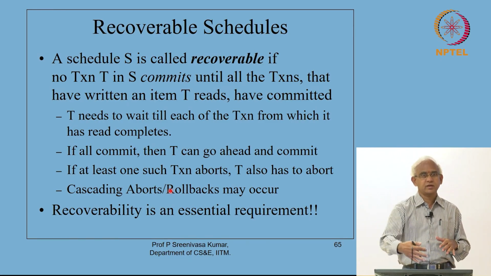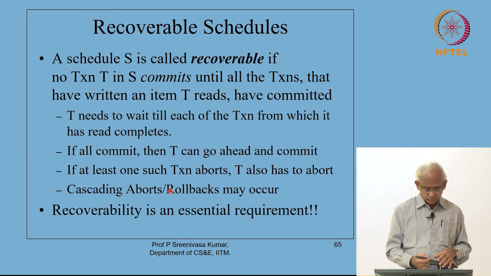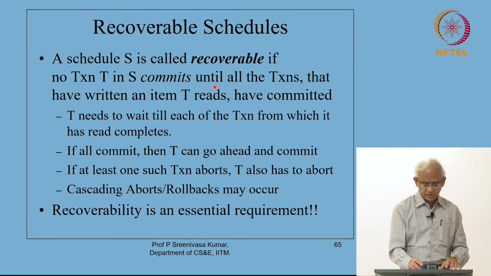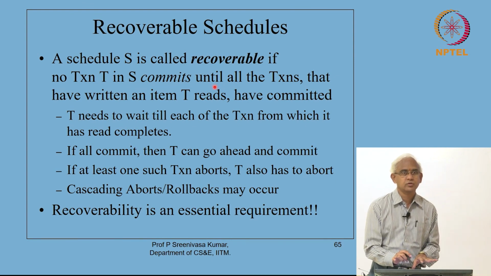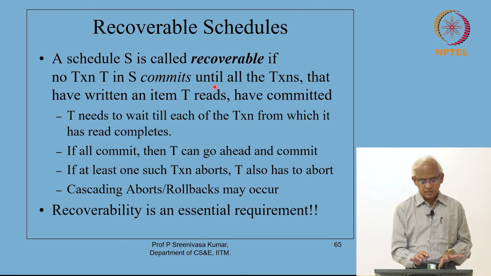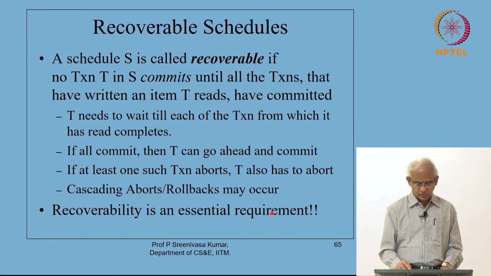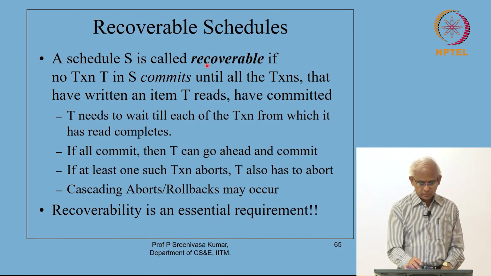That is called a cascading rollback. But recoverability is really an essential feature, because to give proper meaning to commits and aborts, recoverability is an essential requirement. This combines the issues of interleaving and